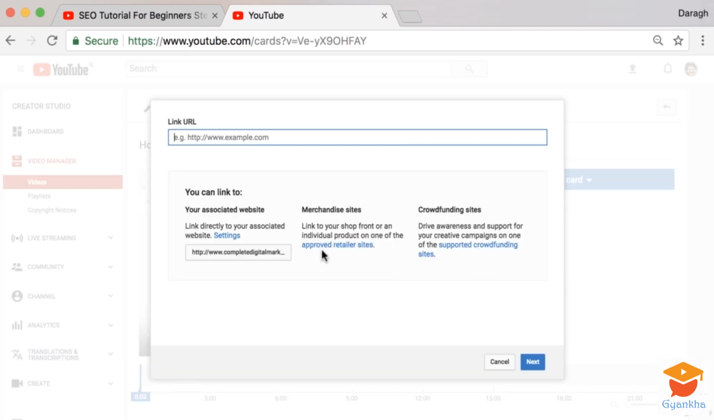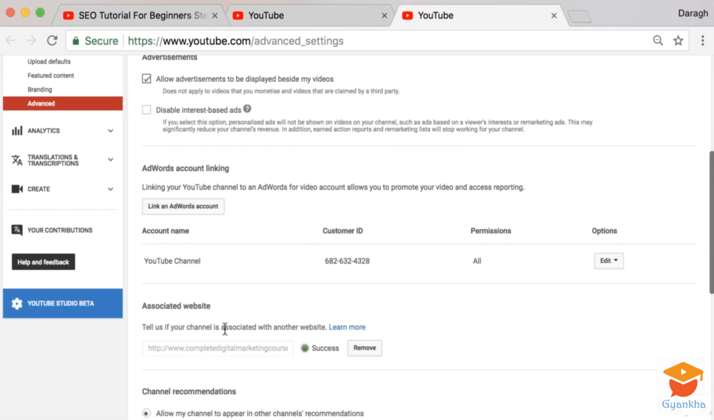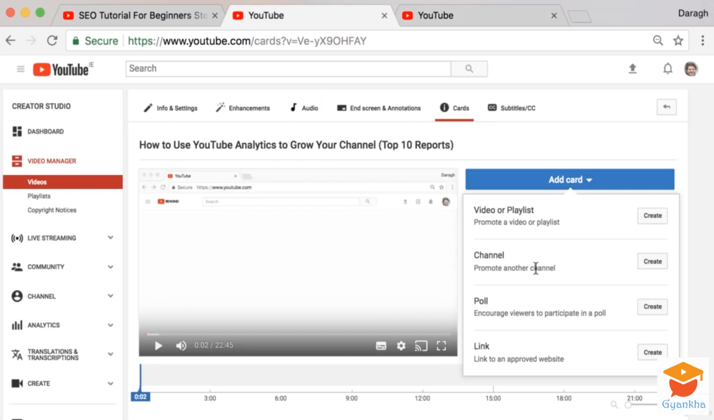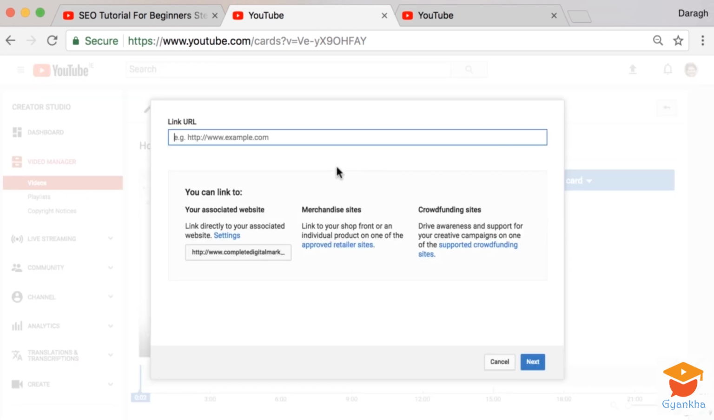Now to enable a link to your website, you do need to have associated your website to your YouTube channel. And if you've done that, it's going to appear up here. If you haven't done that, you can just click through, and you're going to see the option in settings here to add that associated website. And it'll walk you through all the steps to do that until the green light shows up. So if you do want to link back to a website, you can go ahead and do that. If not, you can use one of the options here to link to a channel if you just want to practice this. So I'm going to link to a website,